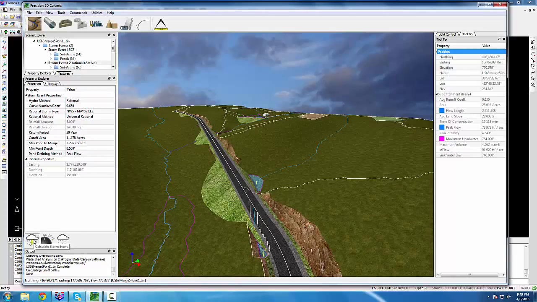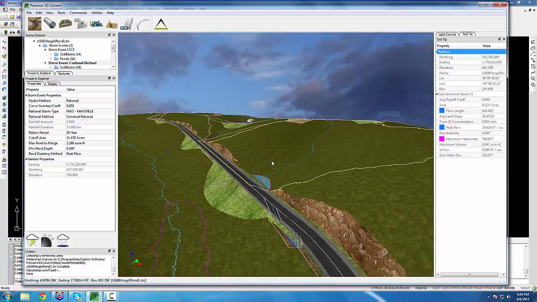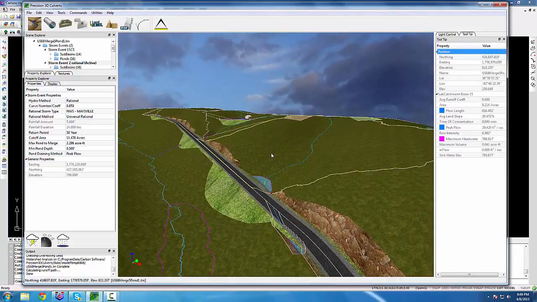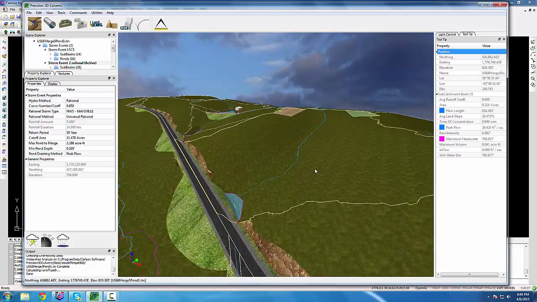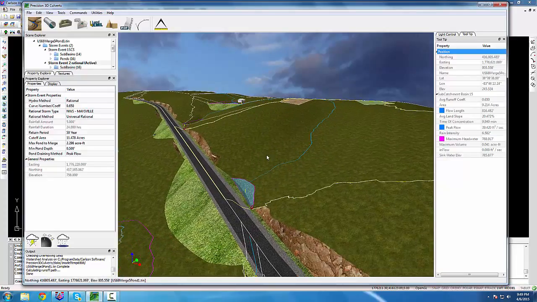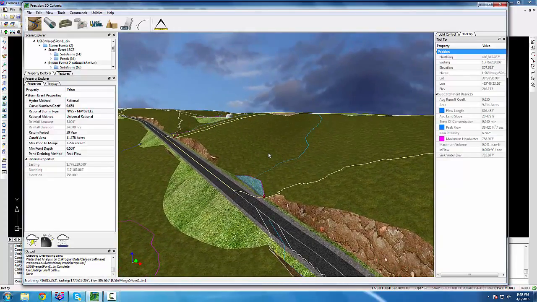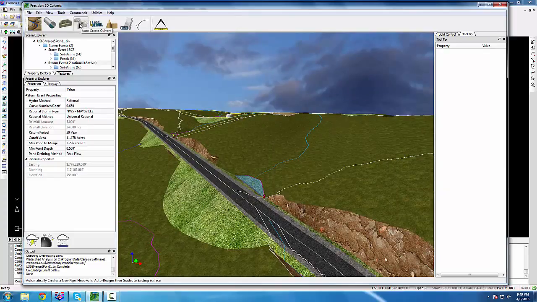Okay, the pipe is calculated, or the drainage is calculated, I should say. We haven't placed a pipe yet. Look to the right. Roughly 40 CFS, 39.42, rain intensity of 6.582. Now, one way to design a pipe in one step is to go to this fourth icon along from the left side up top,